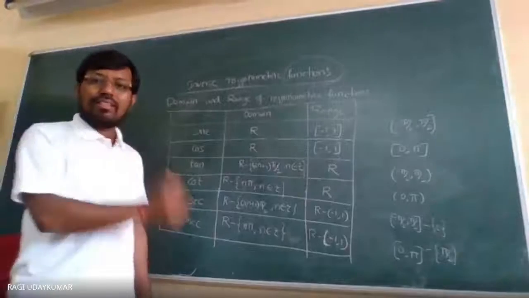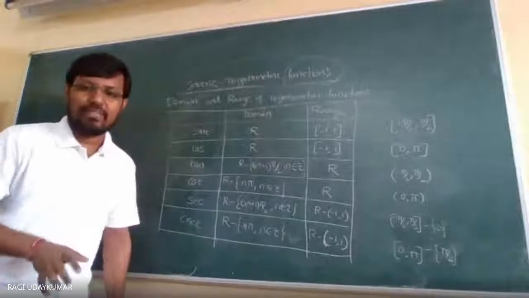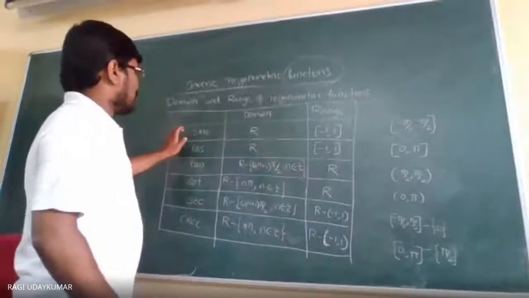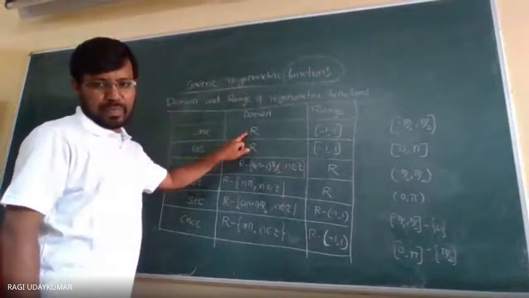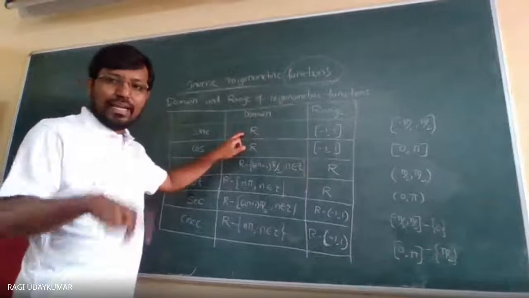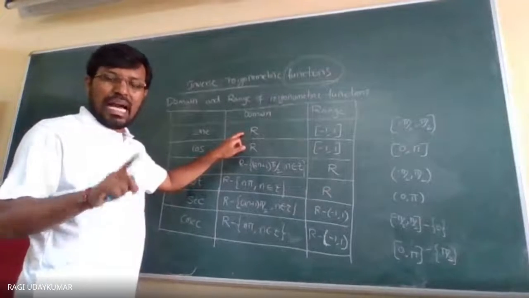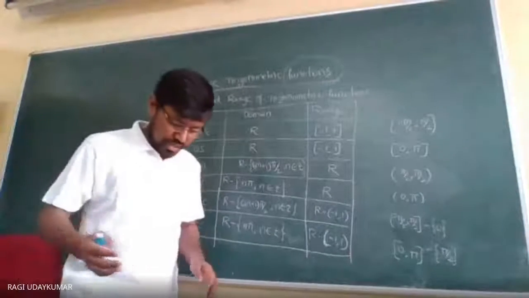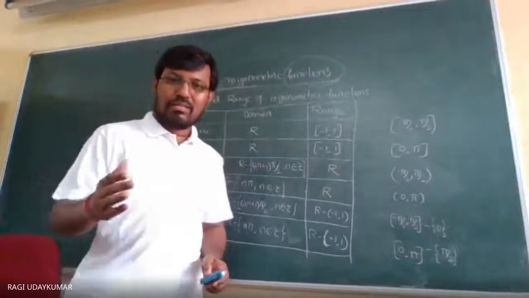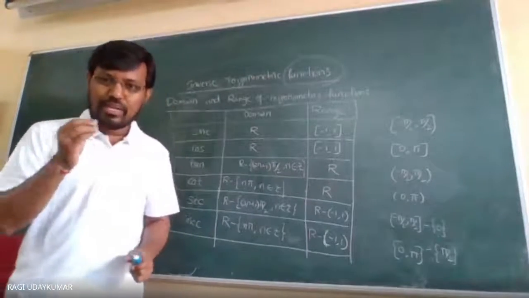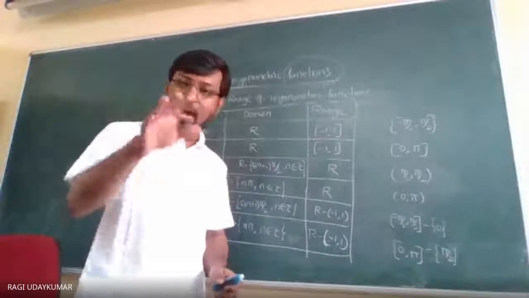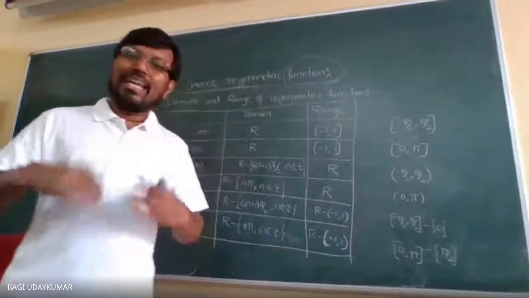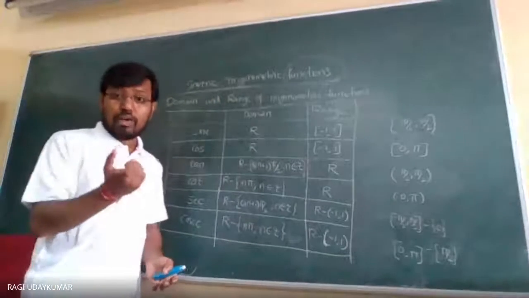So all the trigonometric functions we have learned in 11th class have a specific domain and range. For the sine function, the domain is the real numbers. That means you can take any real number and the sine function is applicable. Usually in lower classes you used to have sine 0 degrees, sine 45 degrees, sine 30 degrees, sine 60 degrees and 90 degrees only, up to 10th class. But in the 11th class we have extended it to any real numbers. So that is what is called the trigonometric function.